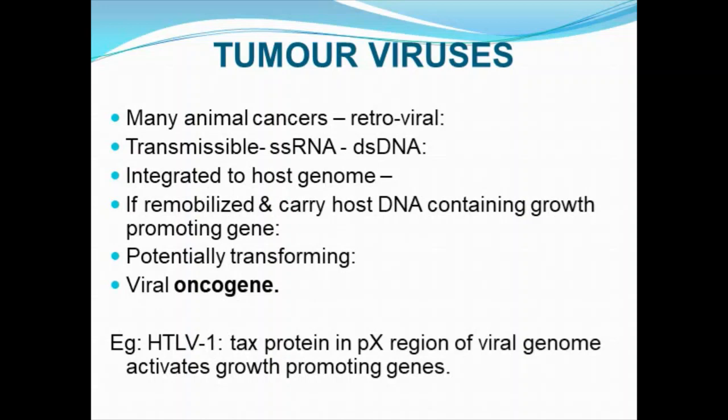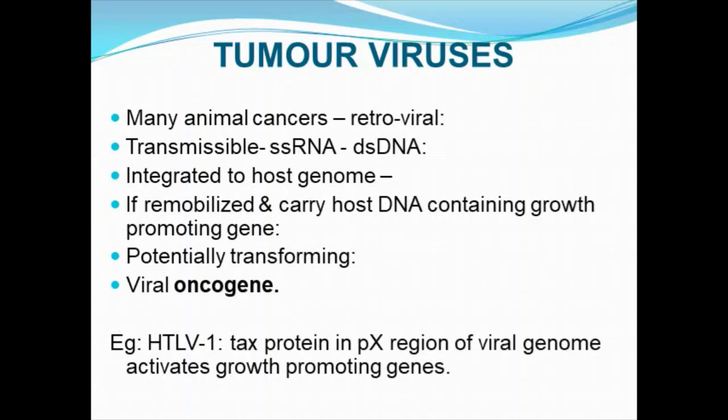Then it is integrated into the host cell genome. If remobilized, it will carry the host cell DNA containing growth-promoting genes, and it becomes potentially transforming. So that is what is known as a viral oncogene. Example, HTLV-1 Tax protein in the pX region of the viral genome activates